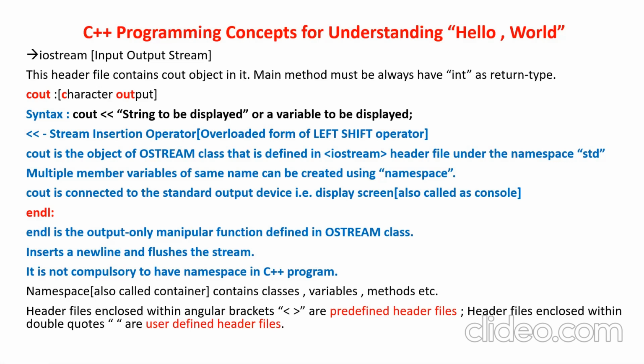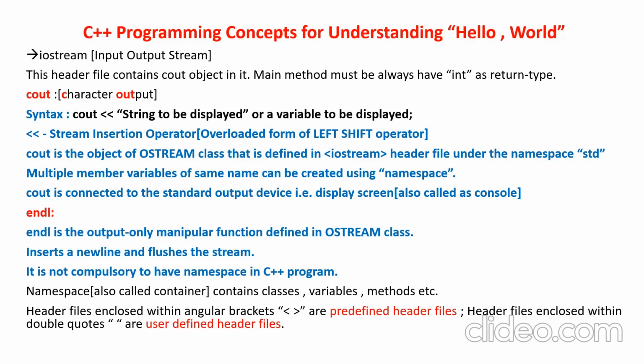A namespace is again nothing but a storage or a folder which will be holding several classes, data members, and functions within it. So what is the main purpose of a namespace? There can be multiple classes, multiple methods, multiple variables having the same name but for different purposes. If I want to create a differentiation between them, I need to go for a namespace. I need to group the variables, classes, and methods into a separate namespace. If I give different namespaces, accordingly the compiler will easily be able to understand what purpose the class, method, or variable belongs to.